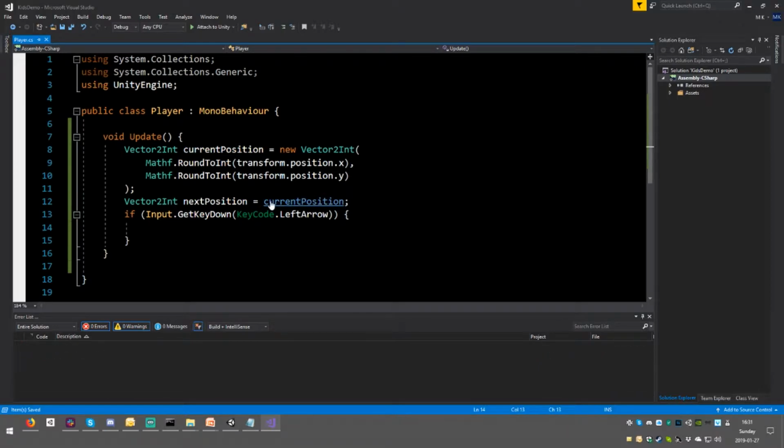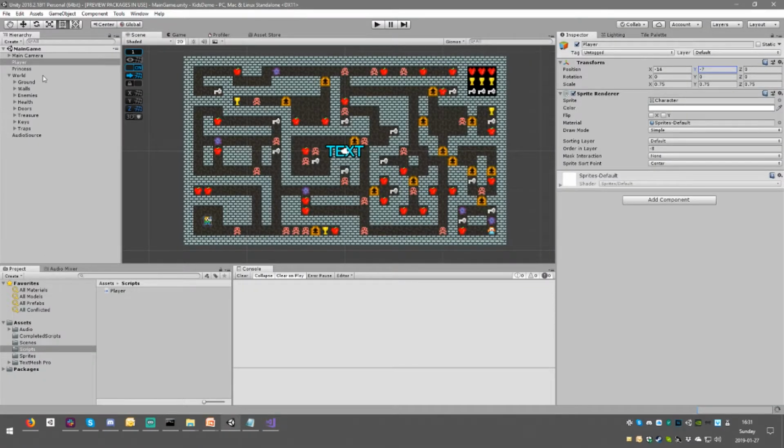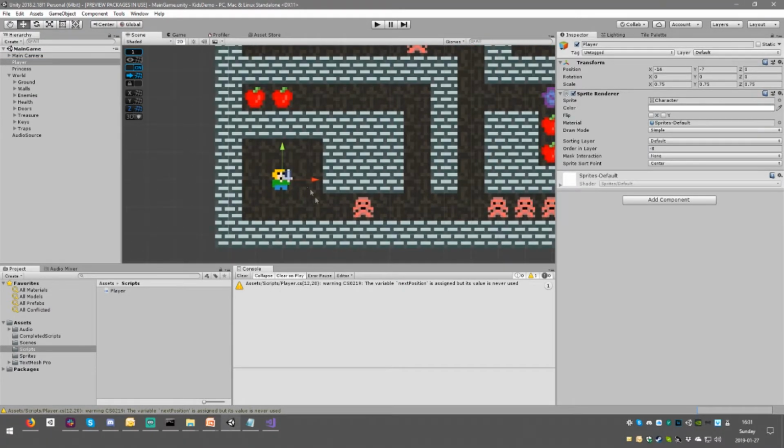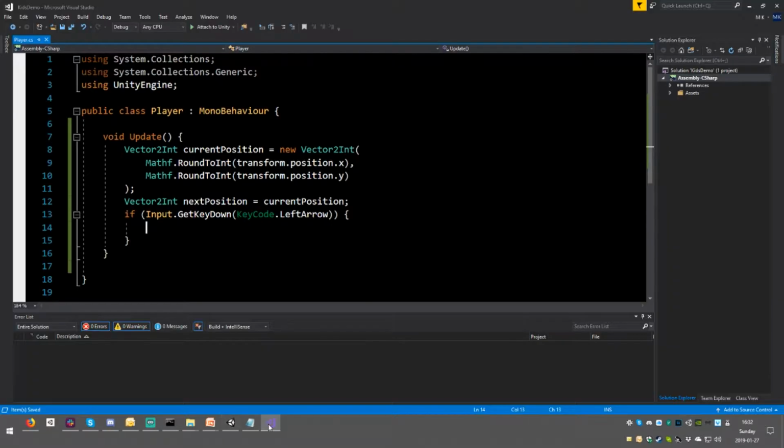Now, whenever I press the left arrow, let's take a look here. If we select our little player, we can move him. Now if we press left, it needs to go here. So let's take a look at his position. It's -14. If we press left, it'll go to -15. So -1. Okay? So what we're going to do is we're going to take the next position